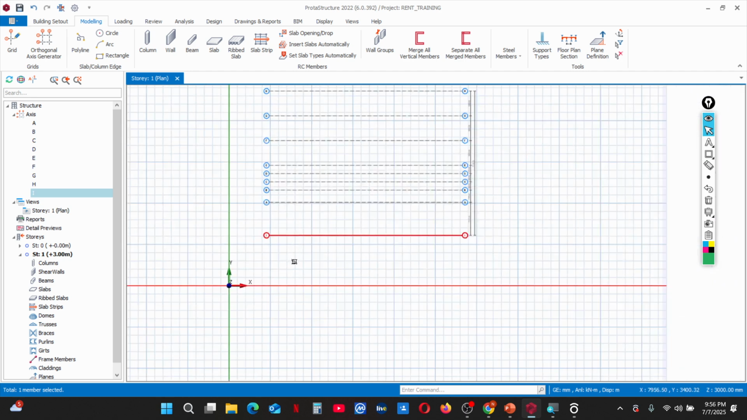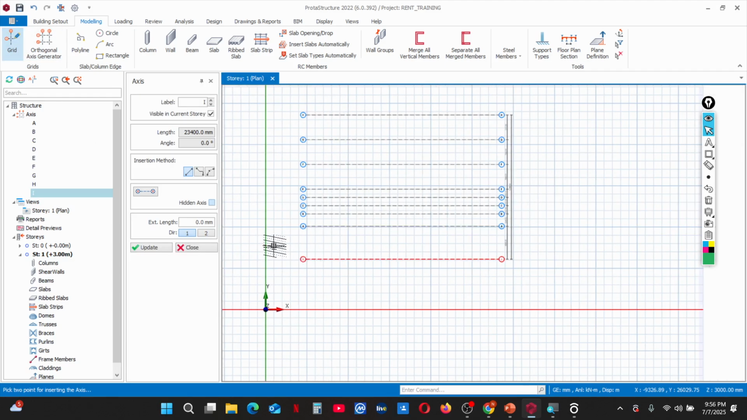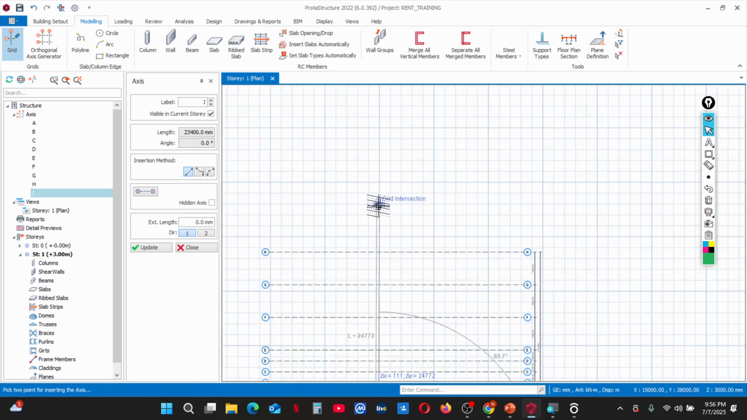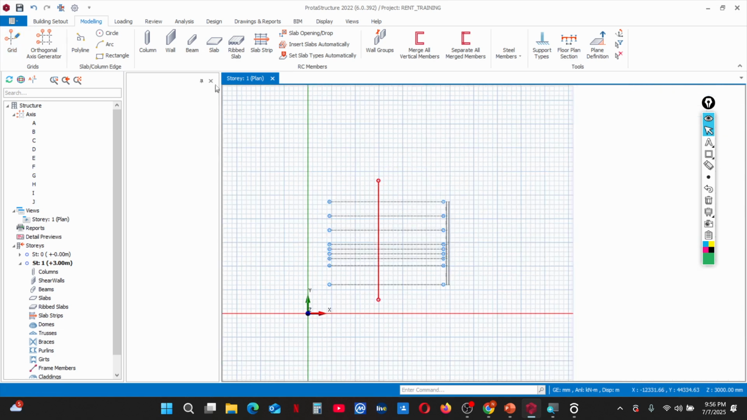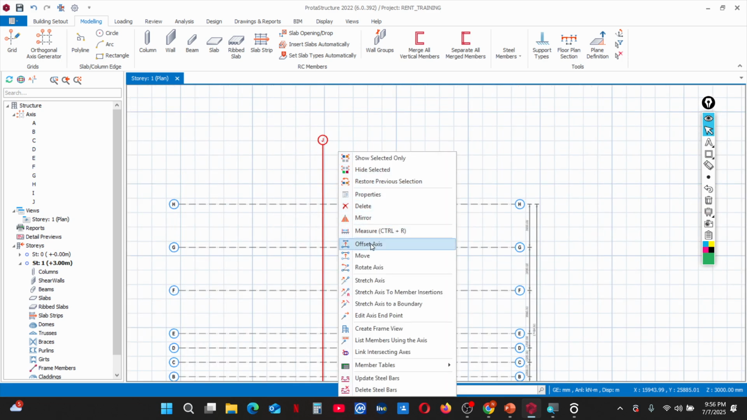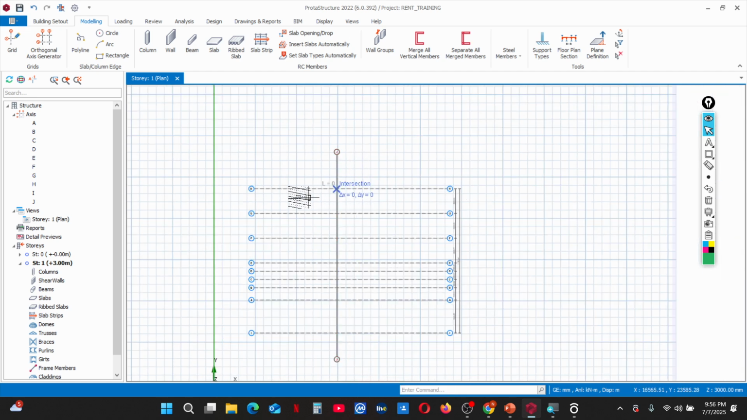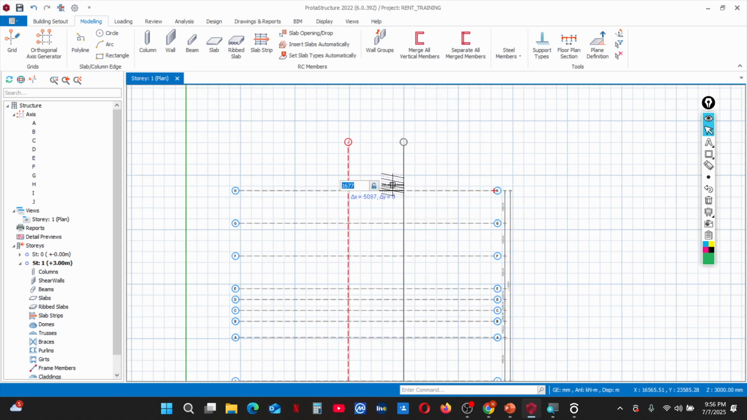Are you following? Let's also do that for a vertical axis. To do that, let's create a vertical axis. Hold down your control key and have it like that. Now select this axis, right click and then say offset axis. You are going to get this ribbon again. Press shift plus F2 on your keyboard and you will have the option to insert the axis